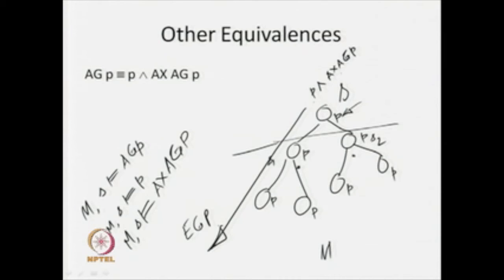So, what are we going to say? P must be true over here, and there exists a path in next state where EG P must be true. So, EG P must be true. So, this is the thing for EG P: P and EX EG P. Now, similarly, we have AF P written as either P or AX AF P. Now, again just see that similar things that we are having.